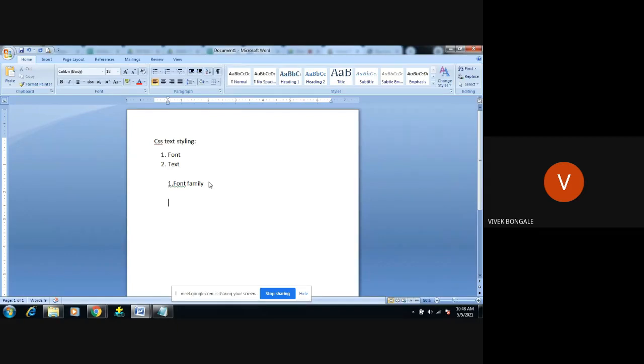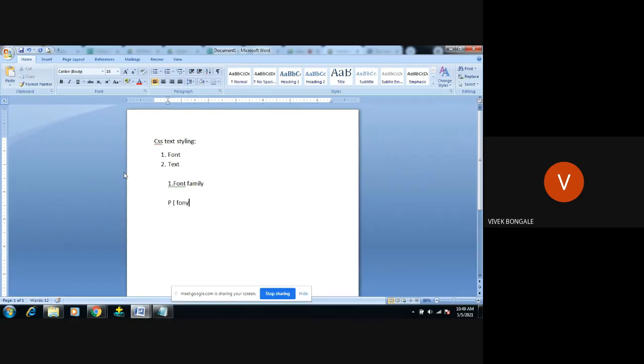For example, I want to display the paragraph in italic or some other font style. What I will do is use the selector p on that paragraph and apply this font style. Open this, and start giving the property.